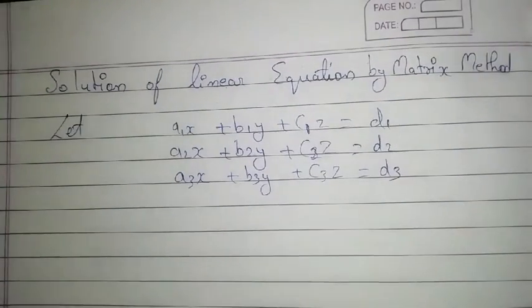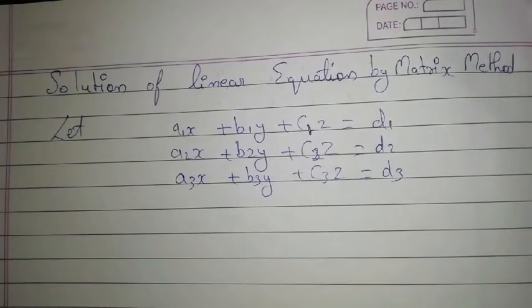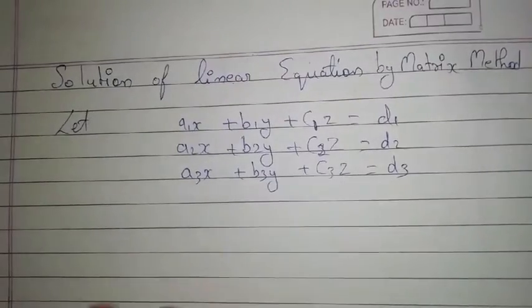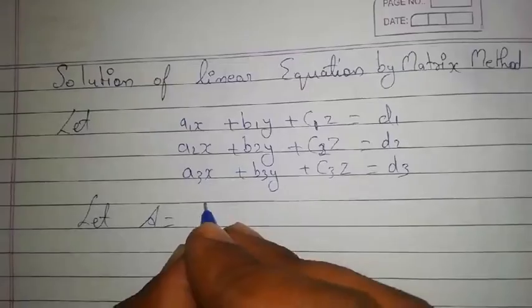Suppose we have the linear equations in this form and we have to calculate the values using determinants. So first of all we will let capital A be equal to